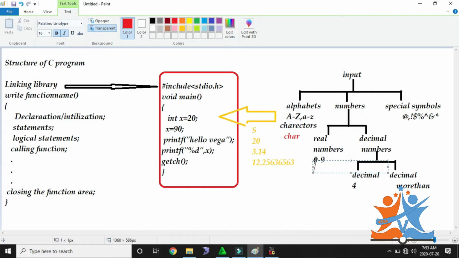For the real numbers, they gave the name integer, with the shortcut name int.